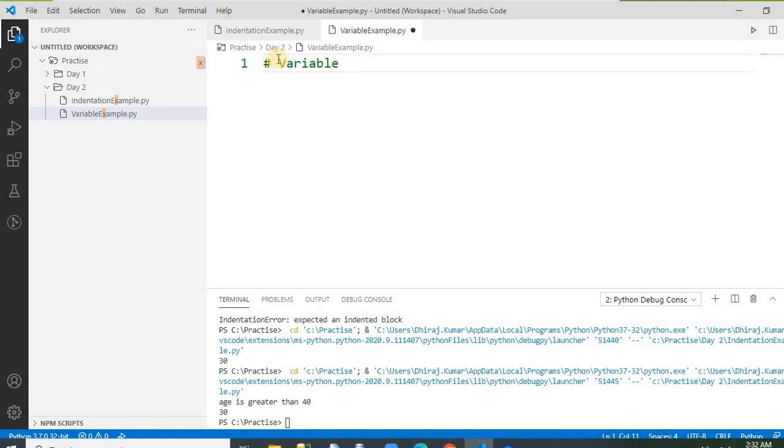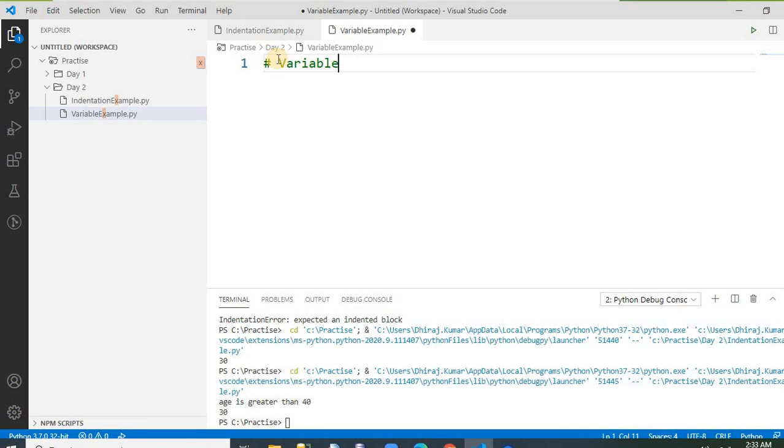So what is a variable? A variable is nothing but a kind of storage container for storing any data. It holds a space in your memory, whether it's the stack or the core OS memory, depending upon the data you have stored. It stores 2 bytes or 4 bytes depending upon the data type. In the next video I will explain about the data type. Let's concentrate on variables. A variable is nothing but a way to store the data.